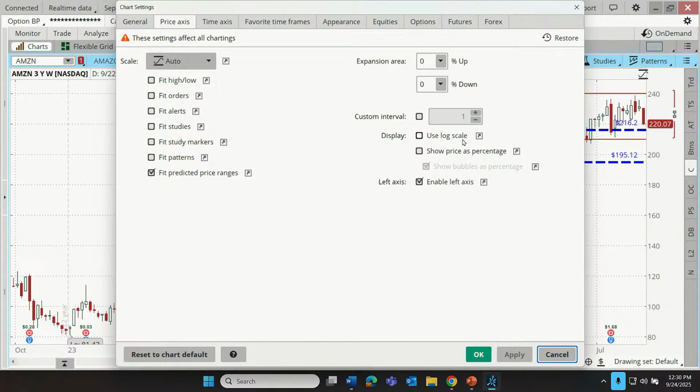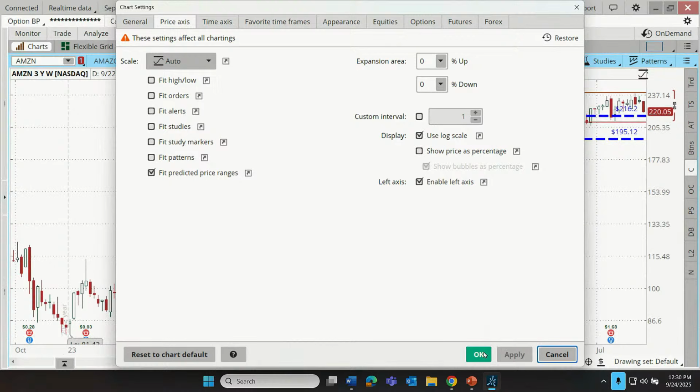All right, good. Now, log scale is an abbreviation for logarithmic, fancy term. Right now, what Thinkorswim is doing is you'll notice it's showing Thinkorswim's price chart. And the scale for price is in $20 jumps, because for Thinkorswim, that's kind of appropriate on a higher price stock. $20 would be too small on a lower price stock, $20 would be too big. So it's adjusted to the stock based on what it's done over the last 12 months, or if we're looking at a 1-year chart. But a logarithmic scale actually does this not in equal dollar amounts, but in equal percentage amounts. So I'm going to check that box.